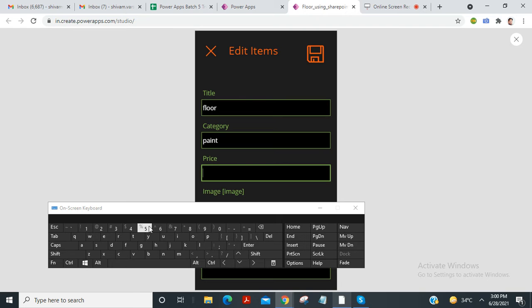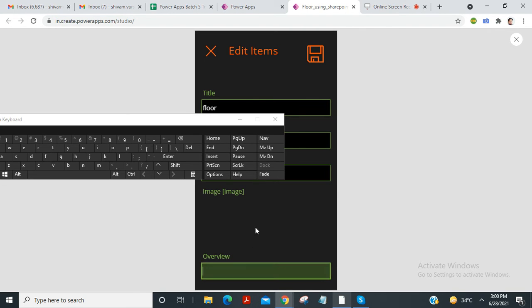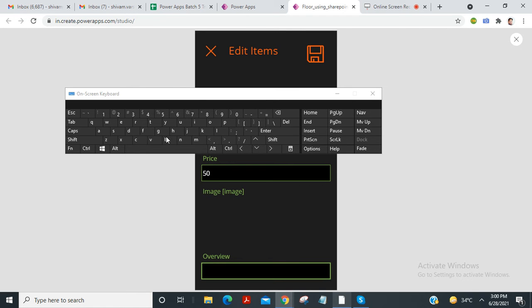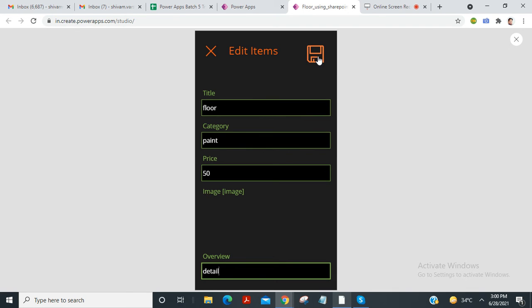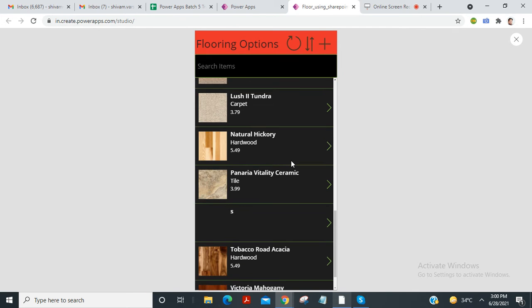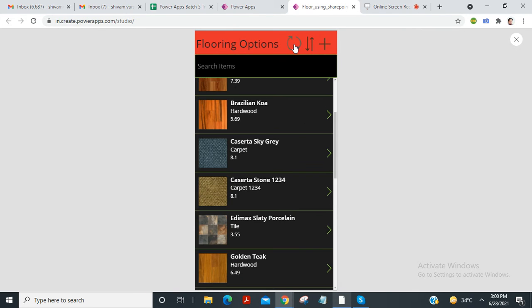We can add the price which we want. For the image, we have no option to update the image from here. For the overview about the item, we need to update the detail, and we just need to click the save button, and the item will be updated here.